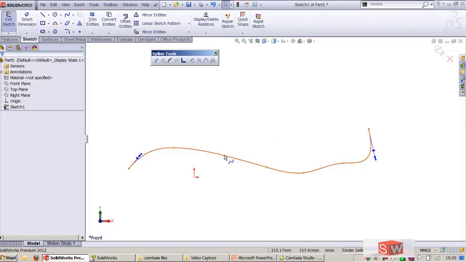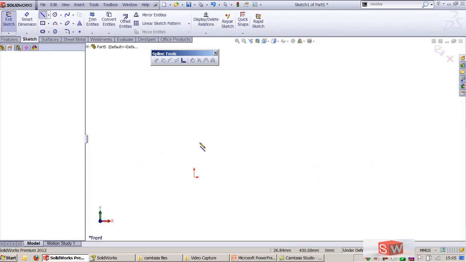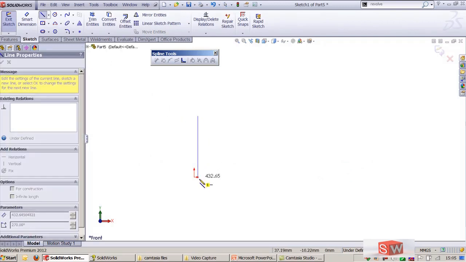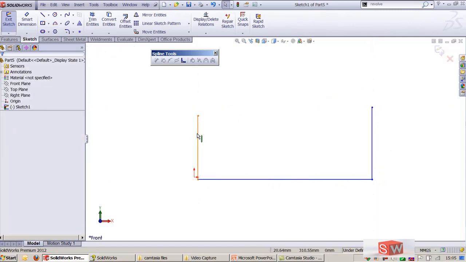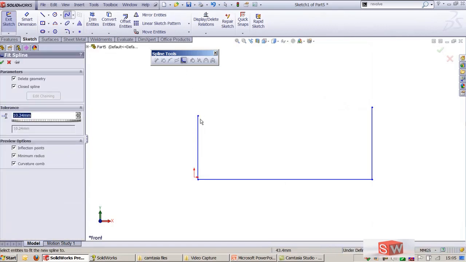Apart from this, we have one more tool called fit spline. Now consider we drew a first line segment, second and then third. Now I want to convert these line segments into a spline so that I can change the shape according to my need. I can go to fit spline, select this fit spline. Select the line segments and you will get the fit spline.